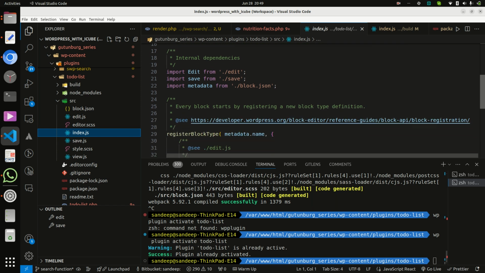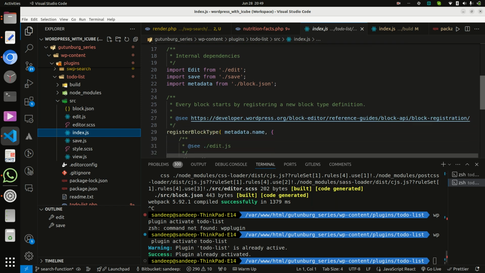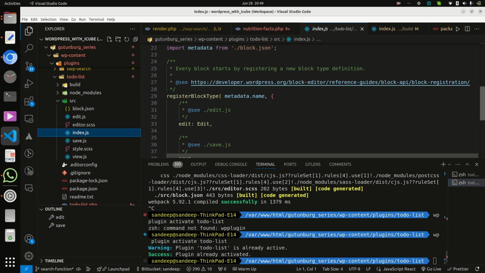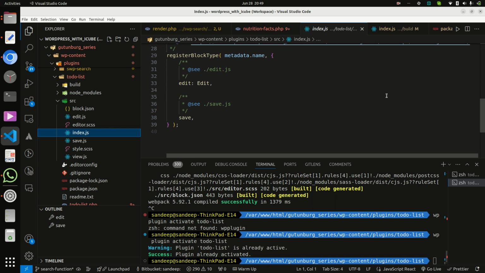So it is ES6 notation, and everything happens here. And inside registerBlockType, I am adding the edit file and save file.